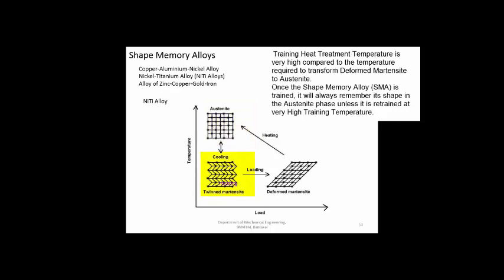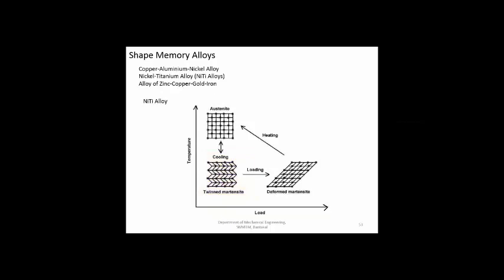Now, why is this alloy able to remember the shape? The main reason is the volume occupied by the microstructure phases. Austenite will occupy some volume. When the austenite cools, it will take up the twinned martensite phase, which will have the same volume. But whenever you apply force, its microstructure changes to a deformed microstructure. Its volume will be something different, and it will remain in that deformed martensite phase. When you heat it up again, it goes back into austenite, so it remembers its original shape.